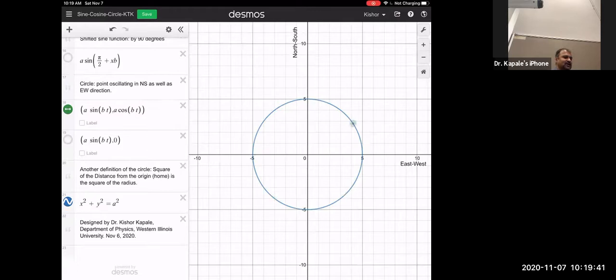So that's what I did here, drawn the circle to show you that it's just going on that circle. Okay, so that is sort of an introduction to mathematics through physics. Right? We looked at sine, cosine, and then how we can put those sine and cosine functions together to get a circle. We're going to now